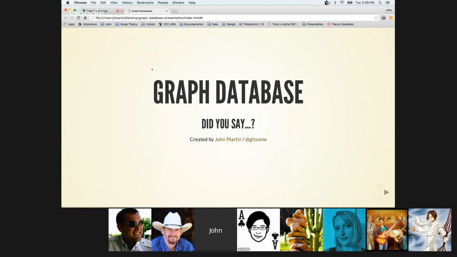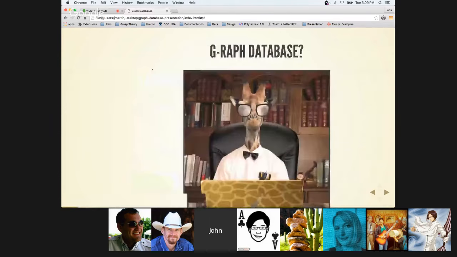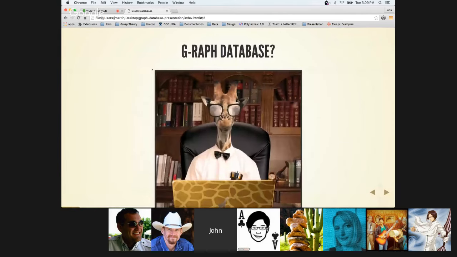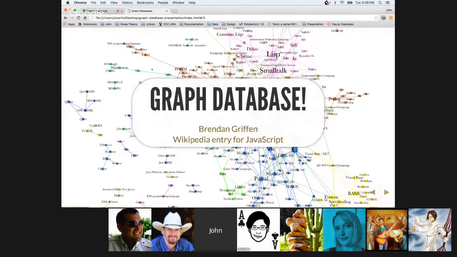Whenever I talk about graph databases to someone else, it's still really obscure. People say, what? Graph database? Did you say RAF database? No, it's not a RAF database. Did you say GRAF database? No, it's not a GRAF database. It's a graph database. So the visual behind me is what the data would actually look like,